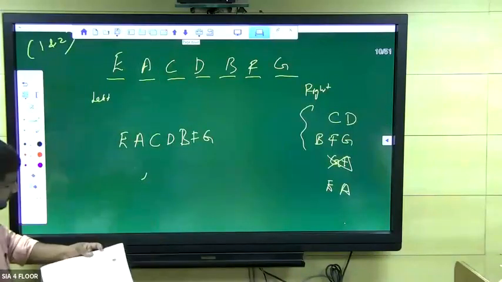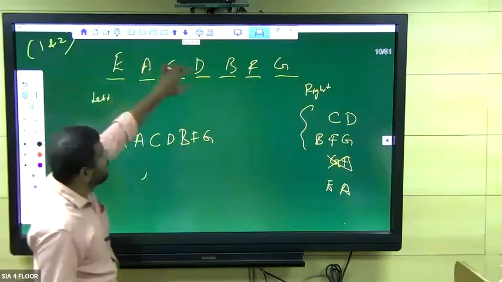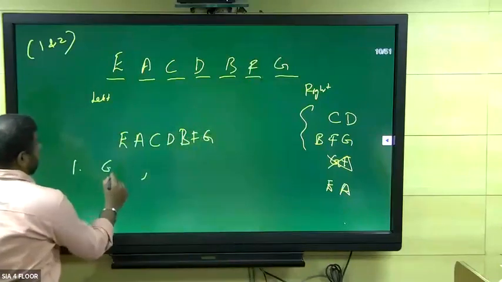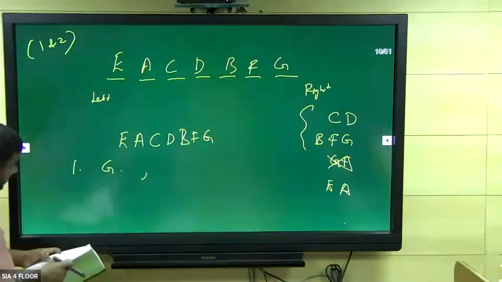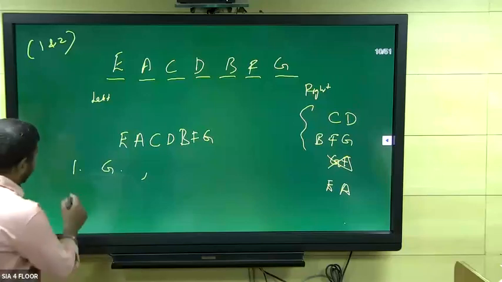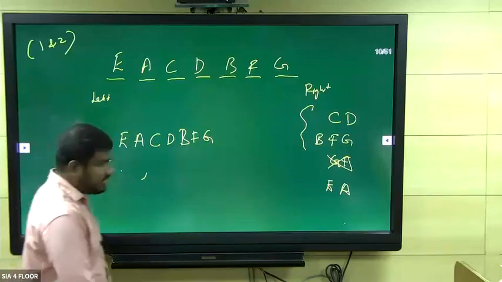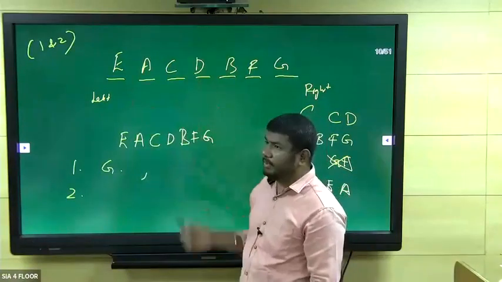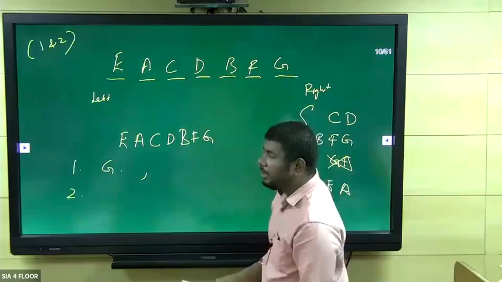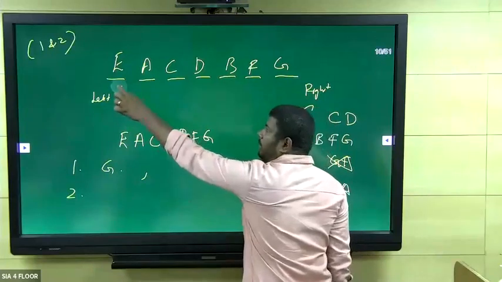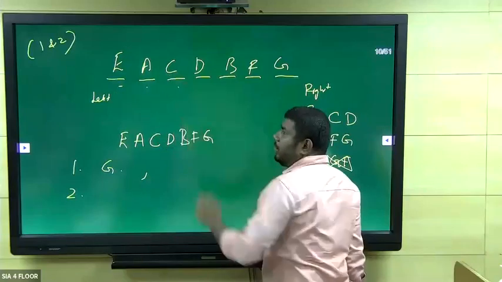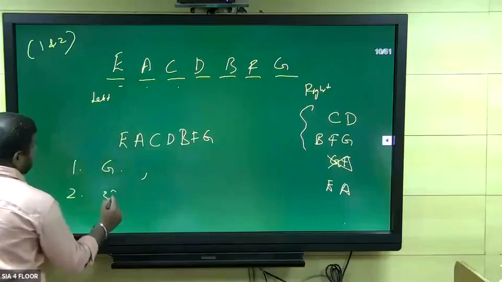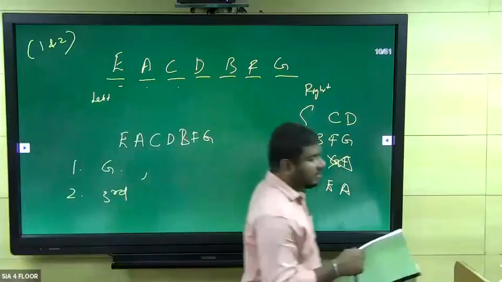Now read the question. Who is on the extreme right? We know already. This is the extreme right position. So for the first one, G is the answer. Second one: if we start counting from the left, on which number is C? We are going to see for C. Now we should count from the left because the question is given. We start counting from the left. 1, 2, 3. So C is third. So third is the answer for the second question.